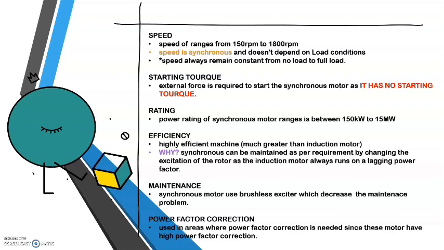The starting torque. An external force is required to start the synchronous motor as it has no starting torque. Rating. The power rating of a synchronous motor ranges between 150 kW to 15 MW. Efficiency. It is a highly efficient machine because